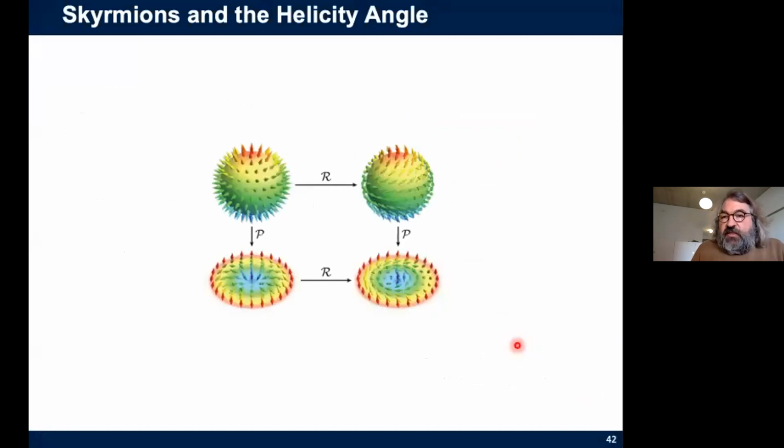Now, how does this helicity angle actually work together with the skyrmions? And what I've shown here is an order parameter space. First of all, is this hedgehog structure. So you see that the spikes are all perpendicular to the surface. And if we project that down through stereographic projection, we get the real space magnetization distribution in the skyrmion, and this would be a so-called nail-type